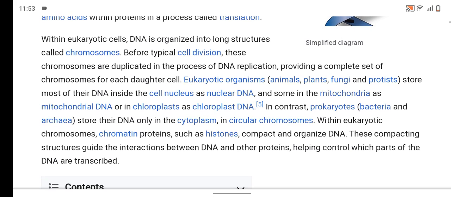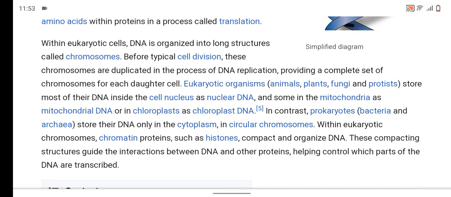Within a eukaryotic cell, DNA is organized into long structures called chromosomes. Before typical cell division, these chromosomes are duplicated in the process of DNA replication, providing a complete set of chromosomes for each daughter cell. Eukaryotic organisms, animals, plants, fungi, and protists,